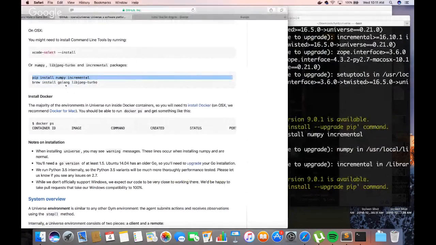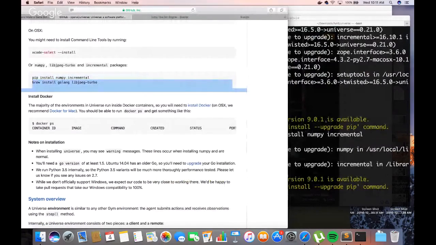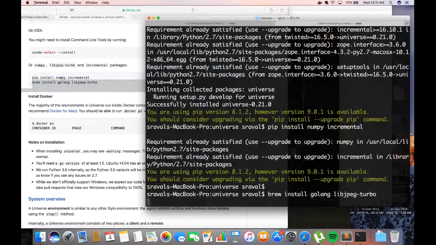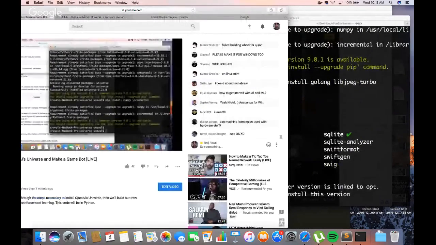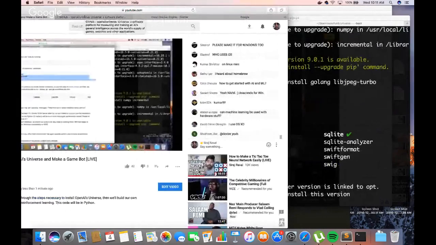Boom, I've got that. And then I'm going to use Homebrew to install Golang and LibJPEG Turbo, which is going to help with image processing, right? So it's going to update Homebrew. It's going to download these packages, okay? All right,